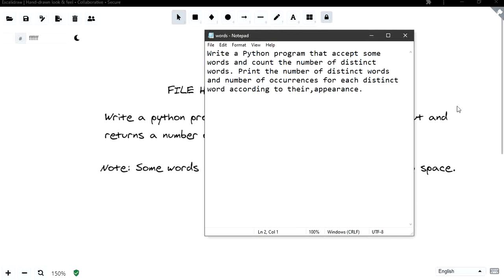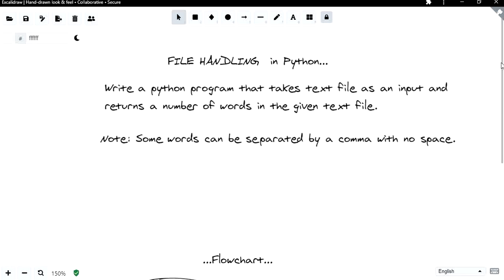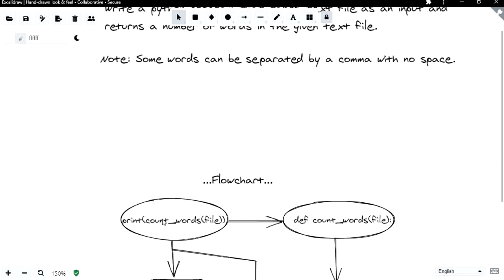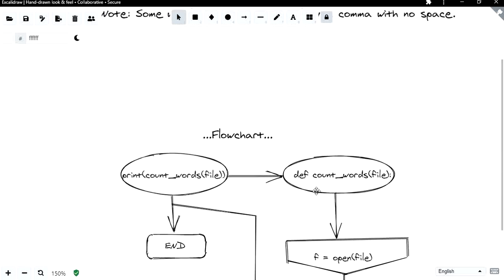Now let us discuss the approach. First of all, how we're going to do it, by discussing the flow chart. So we have print, this is what our main body is. We're going to call the function that is word count file, and it will lead me to this block, like def.